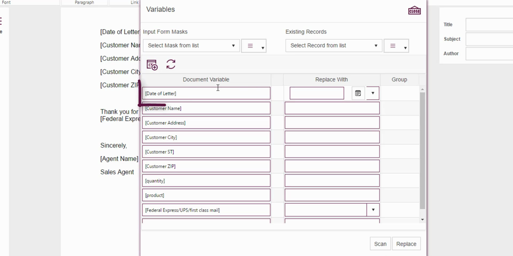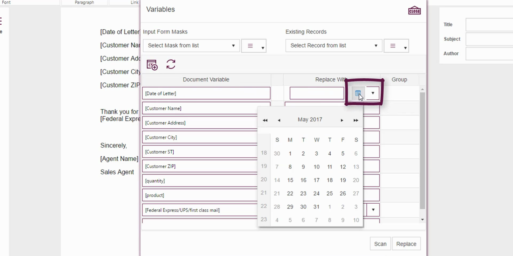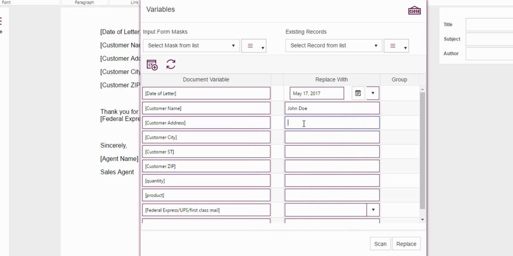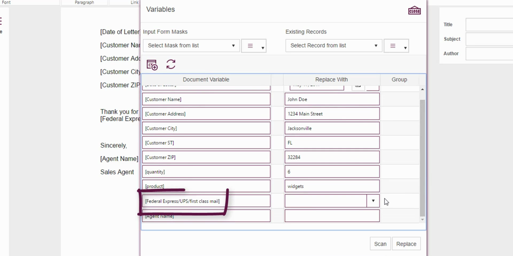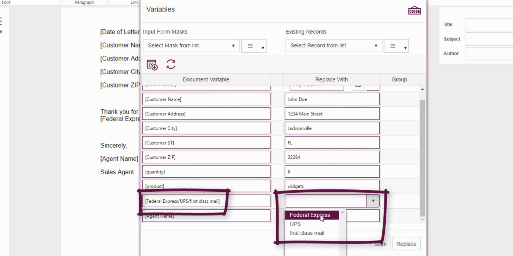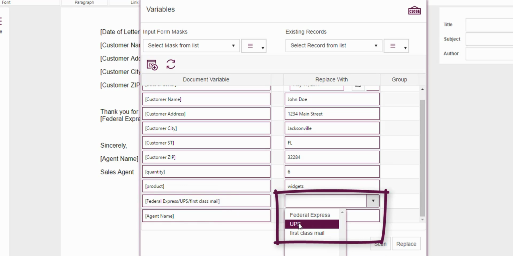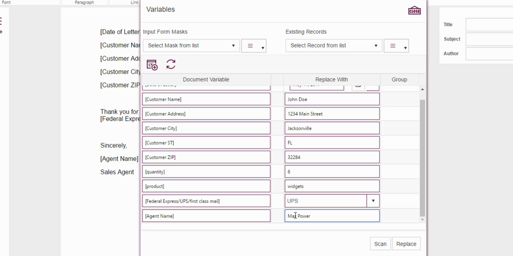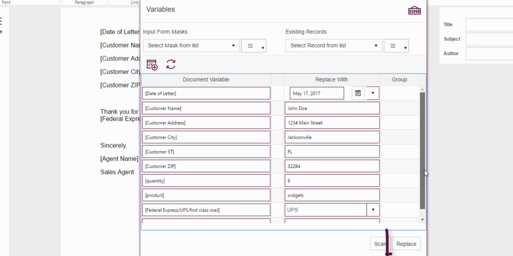If the variable had the word date as part of its name, a calendar will appear. Click it and you can select a date from the calendar. For other variables, simply type the values as I'm doing now. If the variable had multiple parts, click the drop-down list that Pathagoras has automatically created for you and which will contain the various choices. When you're happy with your replacements, click the Replace button